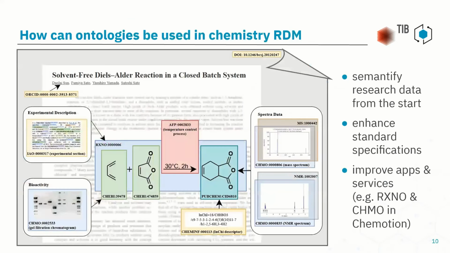And now coming to more concrete use cases, like why do we need and want ontologies, apart from the fact that it's easier to make applications interoperable by having their data schemas mapped to ontologies. In a broader sense, it would help us to semantify research data from the very beginning. So when I have an electronic lab notebook and I type my research data that I measure in the lab into it right away, and as I said, the data schema is mapped to ontology terms,